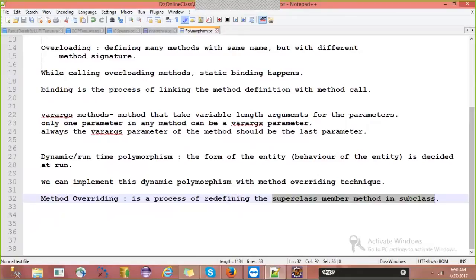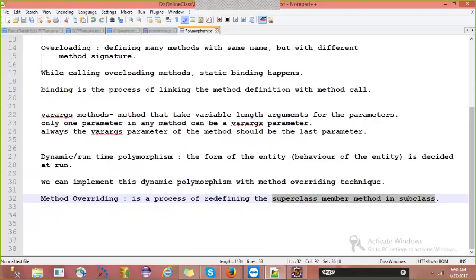Means only the body of the method will be changed, but the return type, the number of parameters and the name of the method, that is the return type and signature, should be the same.